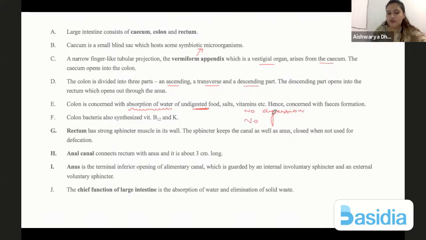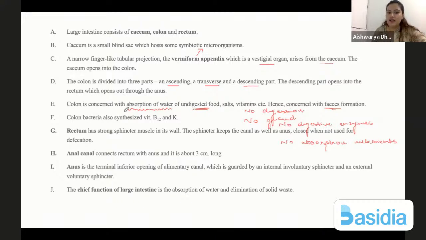Hence, there is no gland, and there are no digestive juices or enzymes present in the large intestine. And no absorption of food also. Whatever nutrients of food that had to be absorbed has already been done by the small intestine. The large intestine is only reabsorbing whatever water is present in the undigested food material, and now the undigested food particle is known as feces. Feces will then be stored in the rectum and given out through the anal canal.